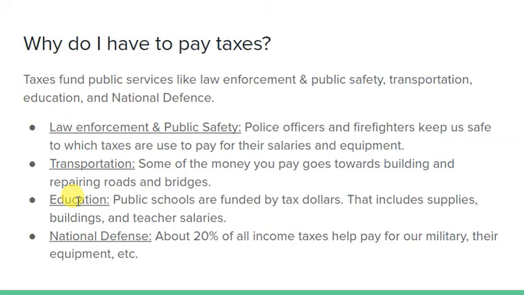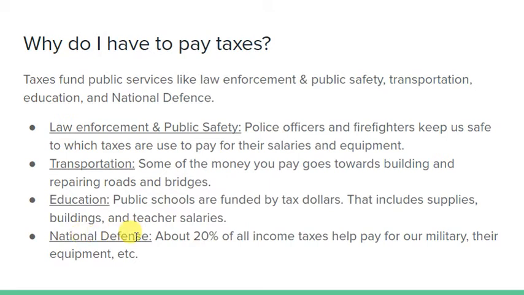Education, that's me, hi. Your taxes are spent towards public schools, not charter schools. Charter schools have a tuition that your parents have to pay, so this is for public schools only. The money goes towards supplies, buildings, and teacher salaries. The supplies are limited, so that's why you hear that teachers spend a lot of their own money. If you come into my room, I can guarantee about 60% of it is paid for by me. But the desk, the bookshelves, and the computers you will see in here come from the district, not from me.